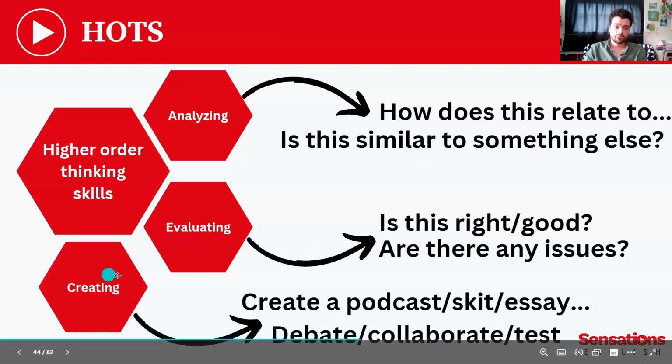And then you might want to create something with the class. Create a podcast, a skit, an essay, a debate. You might collaborate on something, and you might even make a mock test, right? Right away, these 2 are probably most useful for us in testing, writing essays and creating mock tests.